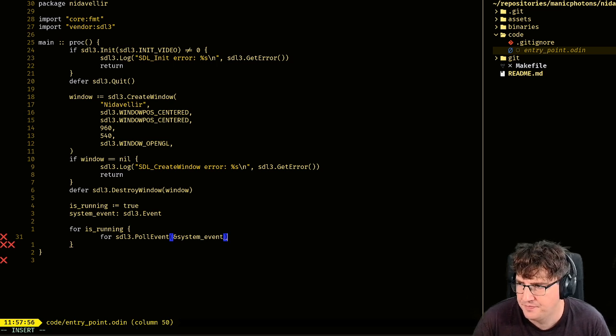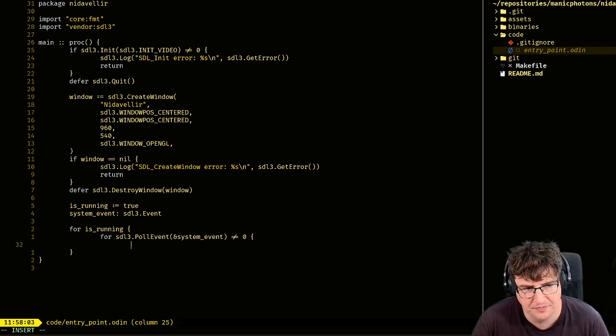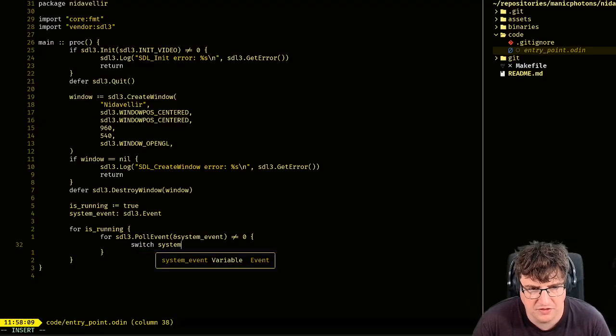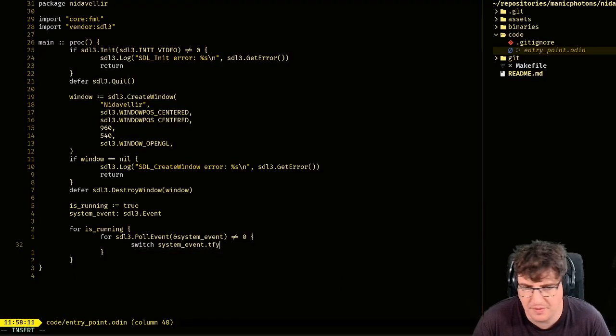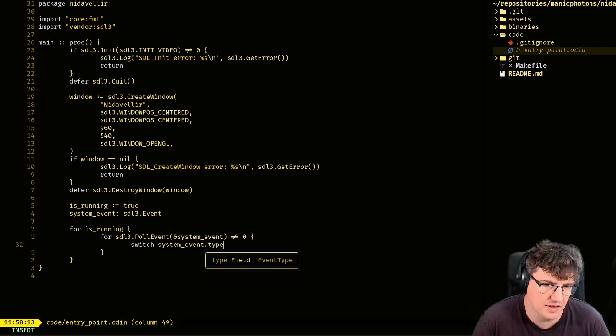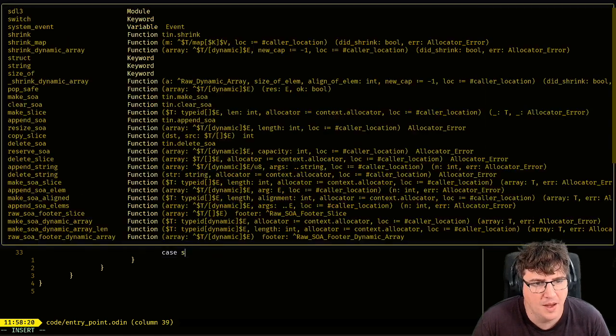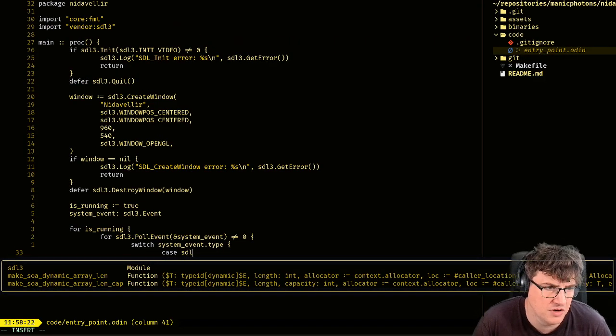And this is going to keep going while that doesn't return 0. In which case, we can switch on the system event type. This is a bit like the switch statement I had earlier for potentially processing tasks.